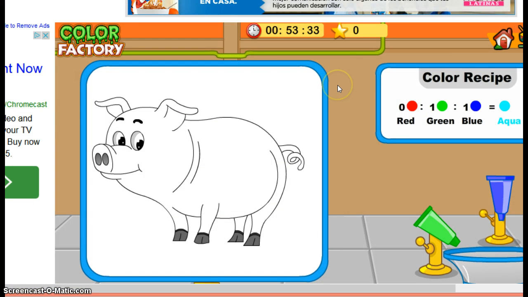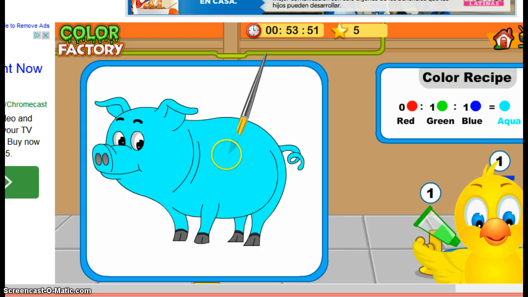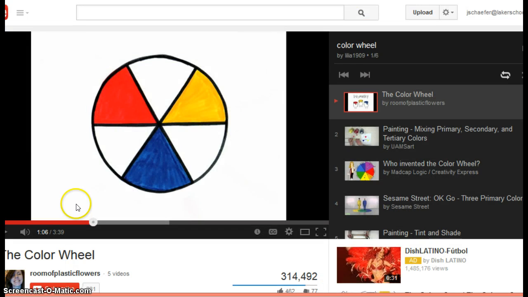Another day they would be using the recipe over here to create the color that they need. And I know it's crazy, we have a green pig. But you can see they're mixing the color according to the recipe, and they see it over here, and then they get to paint it whatever color it's supposed to be. And here's another video that we'd use later, kind of piecing the color wheel together and explaining